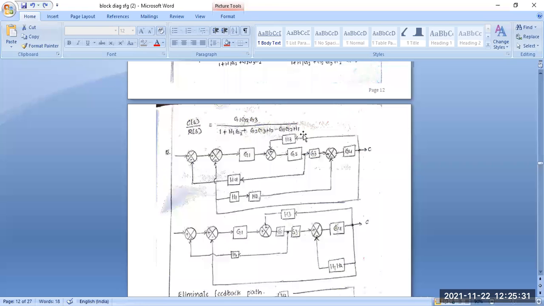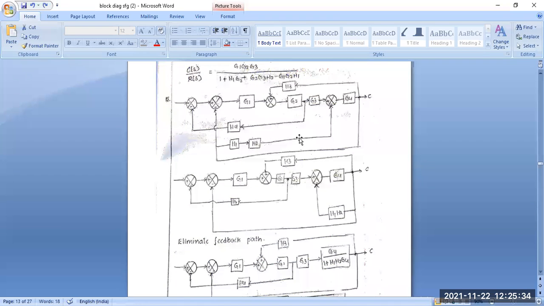Okay. Next, another question. It is also another example, and I am sharing this slide according to the class notes in your Google Classroom. Everyone see these examples in your rooms, and you have to note down step by step what the changes are, what is applied step by step, how it is eliminated. You have to be very clear, and you have to solve different types of other examples. I have also given one assignment on block diagram reduction problems. When you solve this step by step, the concept will also be clear.